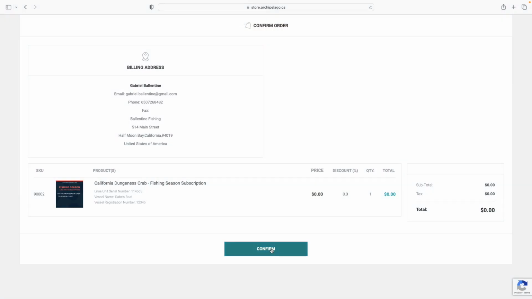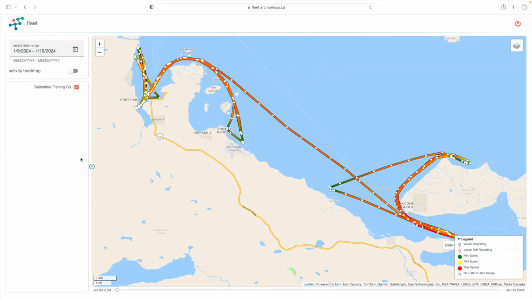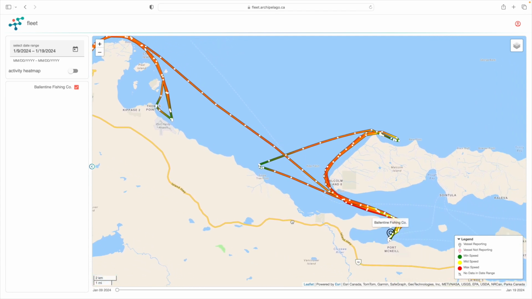Let's get started. Once you have signed up for a data subscription for your electronic monitoring system, you will be invited to sign up for Fleet. Fleet is included with your data subscription for no cost and allows you to log in from any web browser and see details about the location and activity on your vessel, as well as ensuring your electronic monitoring system is